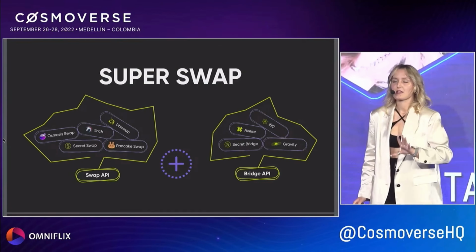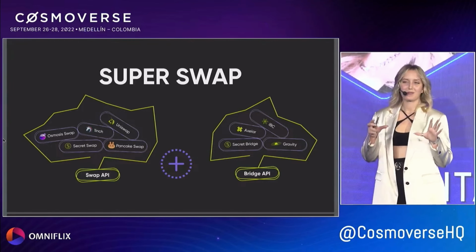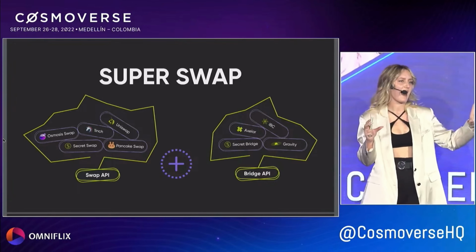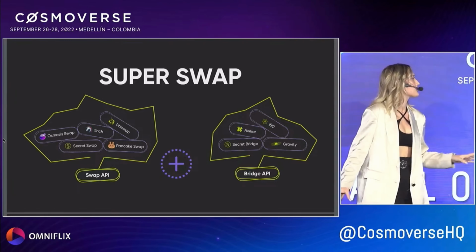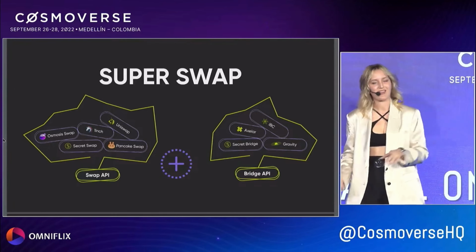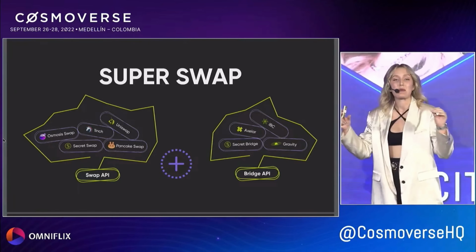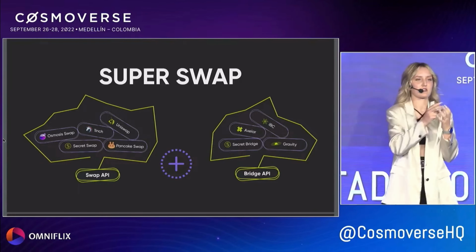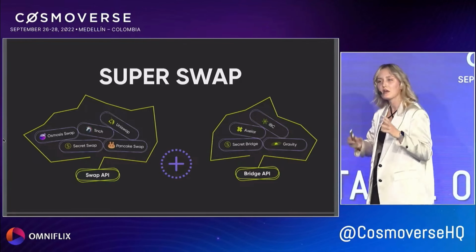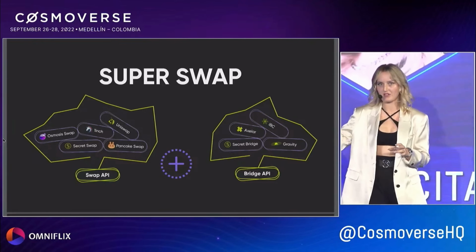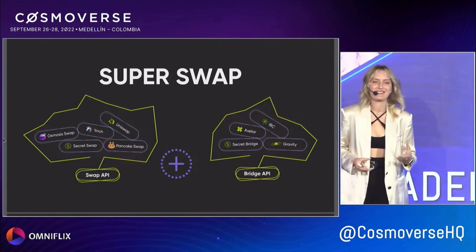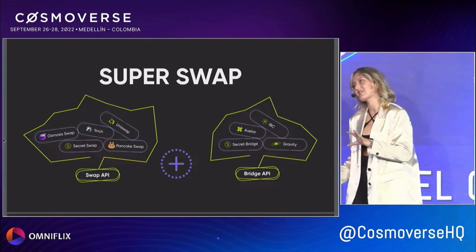And this gives us an awesome opportunity to build something more cool. So remember aggregation we're talking about? So here we have some base apps like Osmosis, GridSwap, PancakeSwap, whatever, multi-chain. And this is just a typical application, so it's basically the same interface. By connecting interfaces of typical applications, we can actually make some more complex use cases like SuperSwap, for example. It's never been easy to go from token A to token B without creating any kind of additional addresses or having assets to cover the transaction fees.